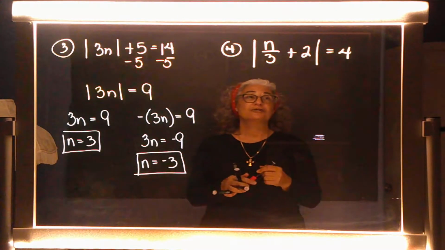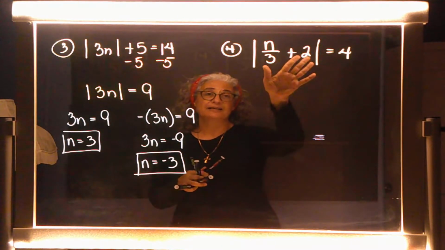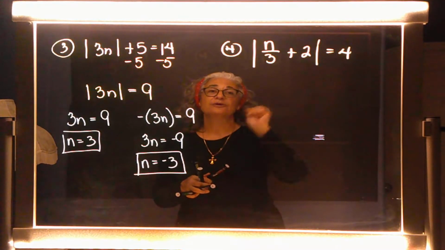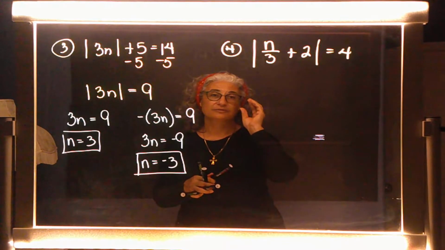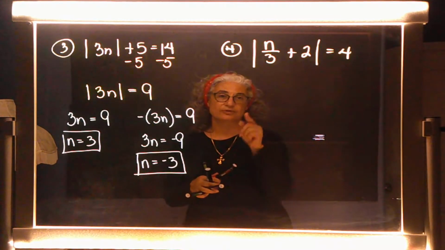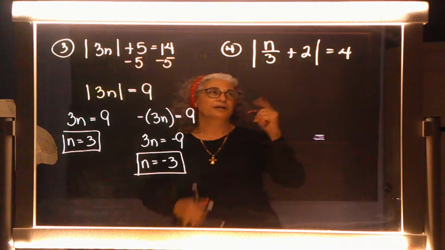Okay. So, since the absolute value is by itself, I can break it into 2 equations right away. Pause the recording, make that note to yourself. When the absolute value is by itself, you can break it into 2 equations right away. Okay, so now,